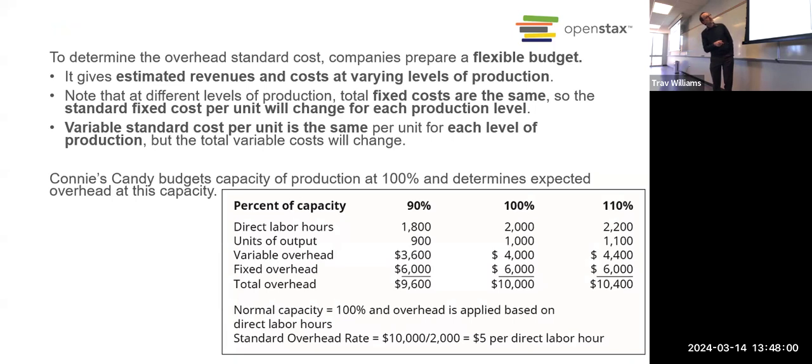So, okay, this is just sort of a reminder about how flexible budgets work. Actually, I don't know, how much have we talked about flexible budgets? Was that Emma? Wasn't that in the last chapter? I think a little bit came up in the last chapter, and I might have mentioned it in this chapter.